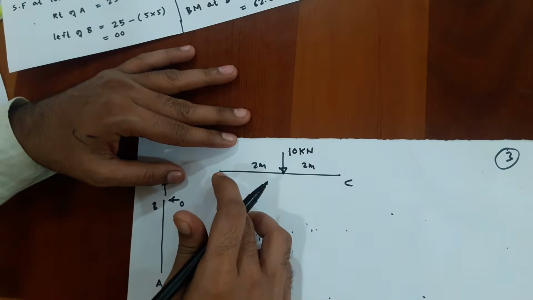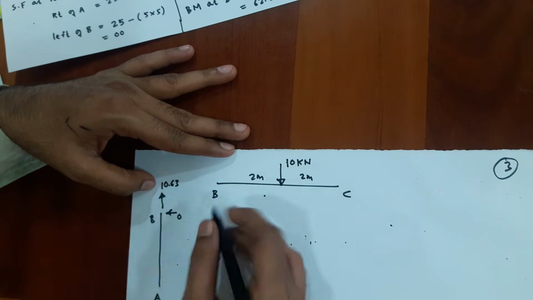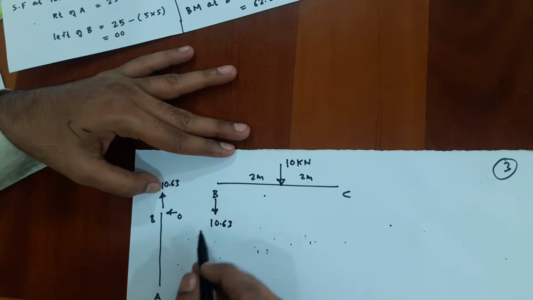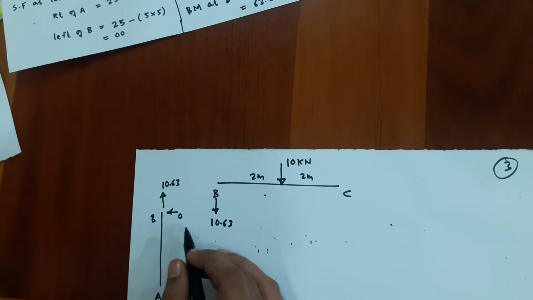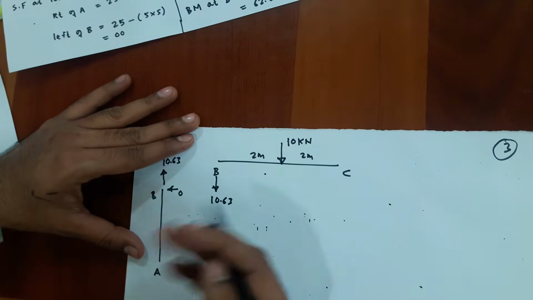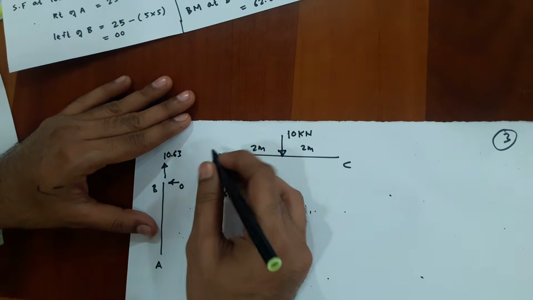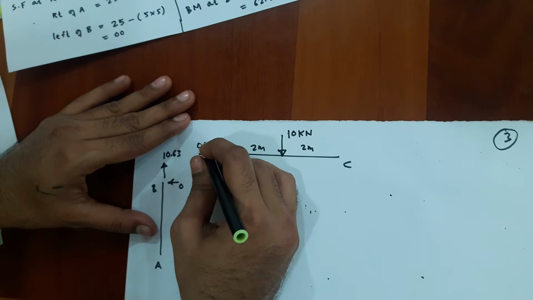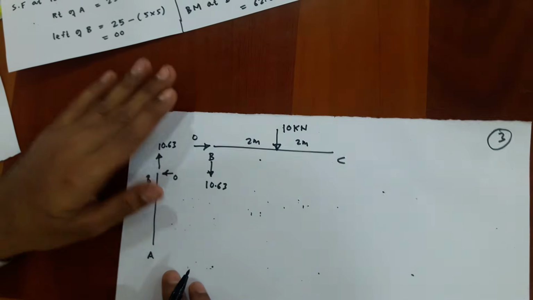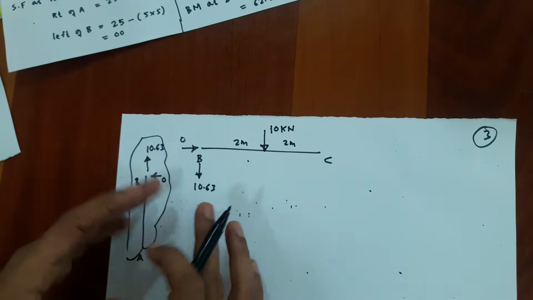We have to balance joint B of member BC. This is going upward, so here it should go downward, 10.63, so that it is balanced in the vertical direction. Here 0 has no impact, but I am still defining the direction so that we can understand the equilibrium condition. The 0 is acting towards the left, so here it should act towards the right, so that it is balanced in the horizontal direction. Now we are done with the balancing of joint B. Now we have to balance member BC.